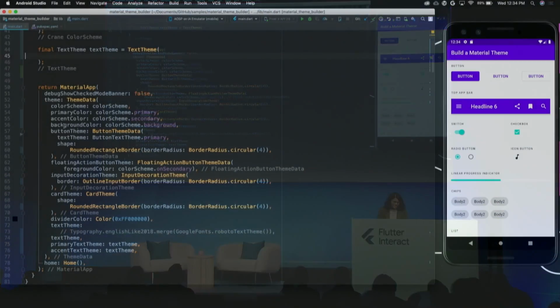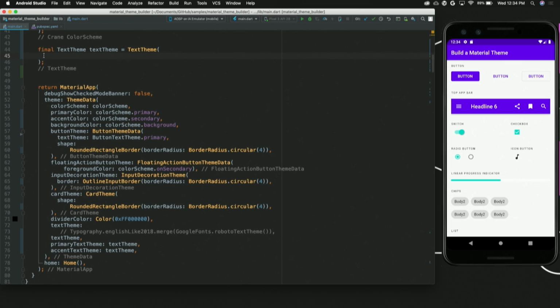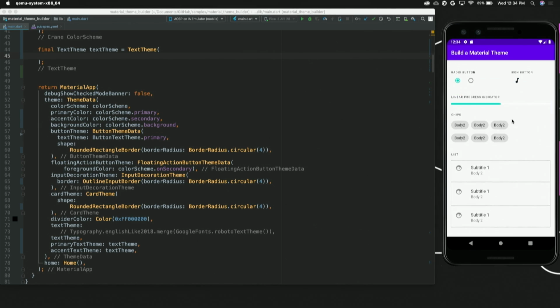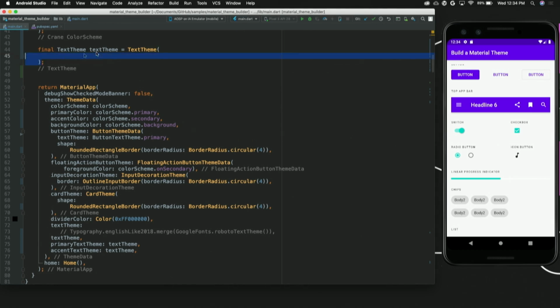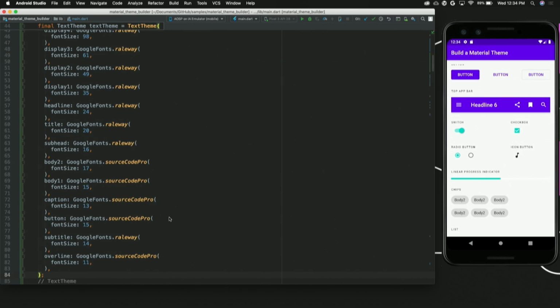Wonderful. OK, so we have our project running right here. Yes, you can read it. It's pretty good. And so we have all of our components available right here within our Build a Material Theme project. And all of this is built in Flutter. And so you can see right now that it's actually just using the default type scale, which is Roboto. But we're going to update this to use Railway and Source Code Pro. We're going to save that,